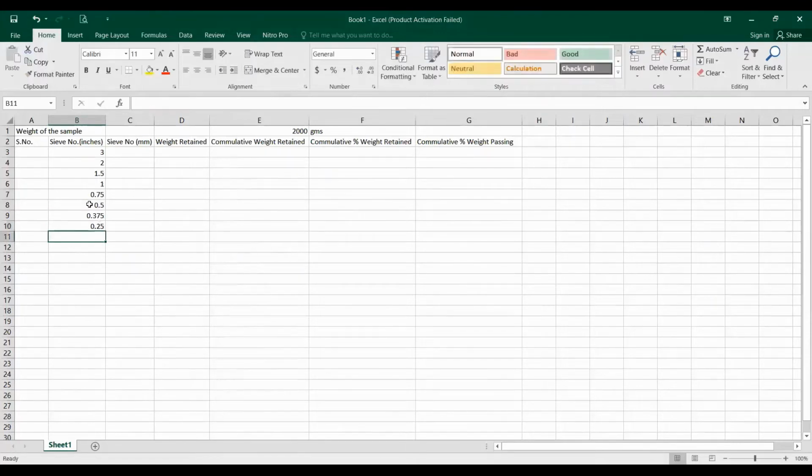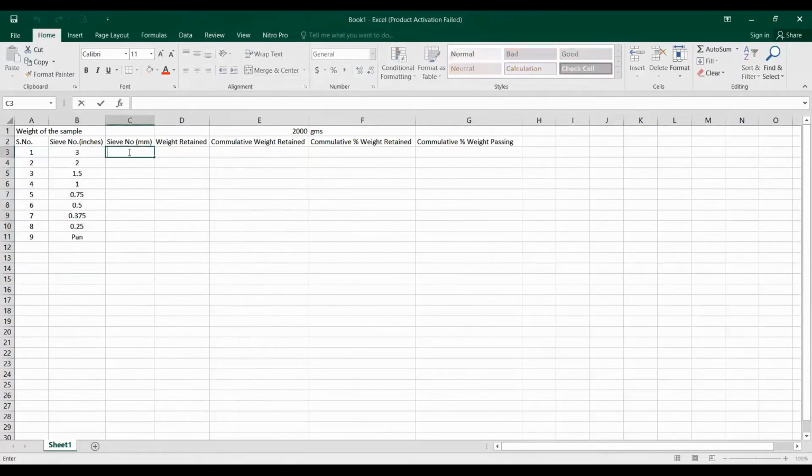If you want, you can write the value in fraction. Then 0.25 inches, and the next value. Now it's done. How many serial numbers? 1, 2, 3, 4, 5, 6, 7, 8, 9. Then sieve size in millimeter, how can I take it?